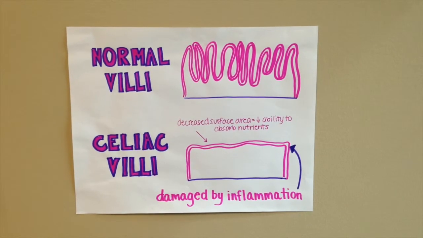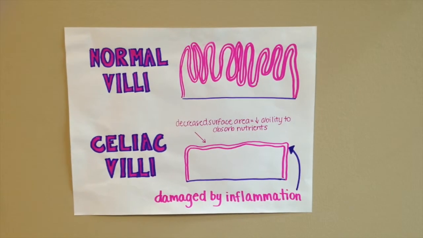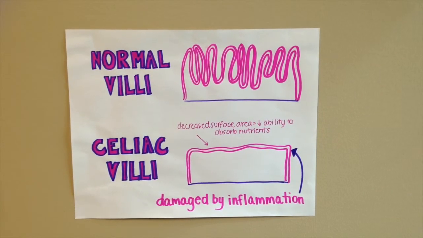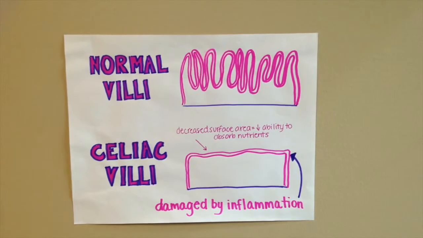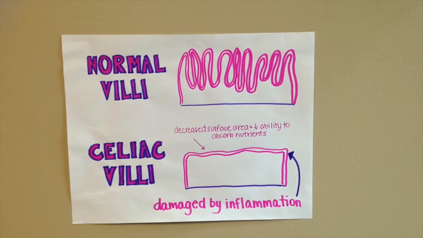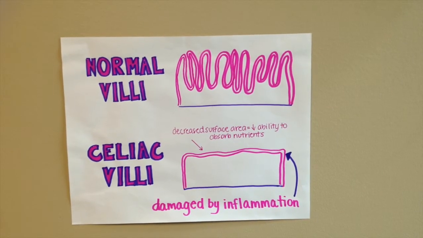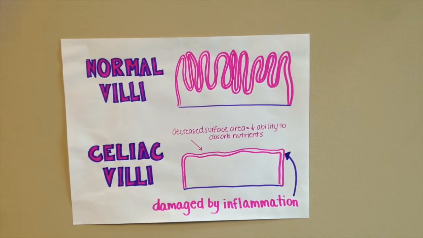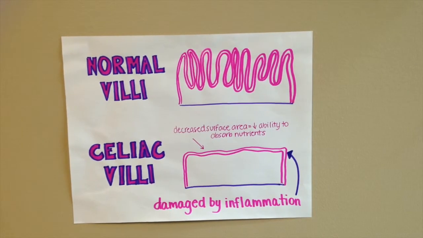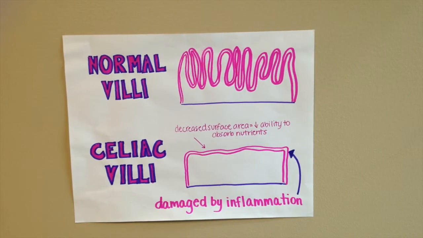This whole process is characterized by the secretion of pro-inflammatory cytokines, which cause local inflammation to the villi. This local inflammation reduces the villi's ability to absorb nutrients by decreasing the surface area of the villi. This response is a disruption of homeostasis as the body is not absorbing the nutrients it requires.